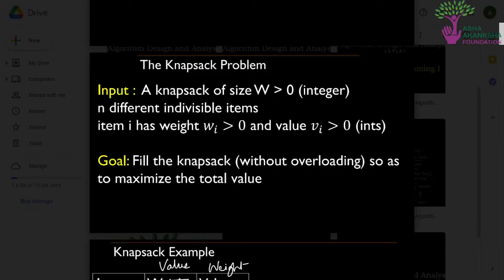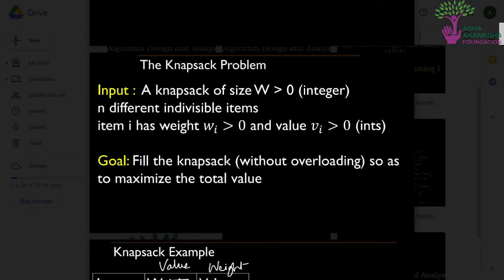So now our goal is to fill the knapsack with the items in such a way that we are able to get the maximum summation of values of all the items selected, as well as the weight of the knapsack should be minimum. That is, without overloading the knapsack, the sum of the weights of all the items should not exceed the size of the knapsack.